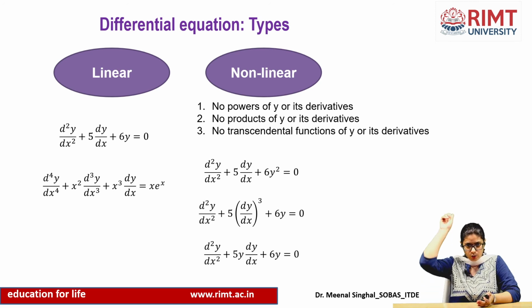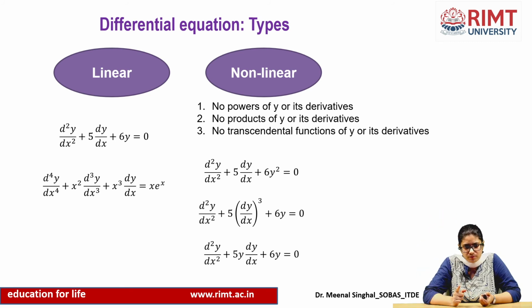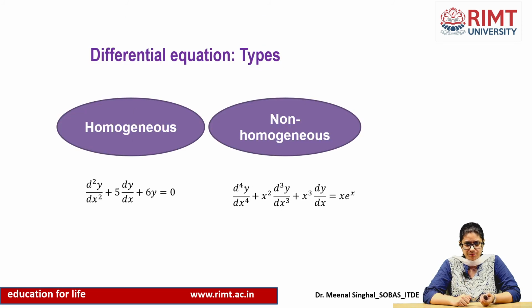Talking about the nonlinear equations which are listed here above, right. In the first equation below the nonlinear part, you can see we have a y square term. Because the power here is 2, the equation here is nonlinear. In the second equation, we have dy by dx power 3. So, that means this equation is also nonlinear in nature. And in the third case, we have a term dy by dx where y is multiplied to it. So, we have the product of y and its derivative. So, this is also a nonlinear term available with us.